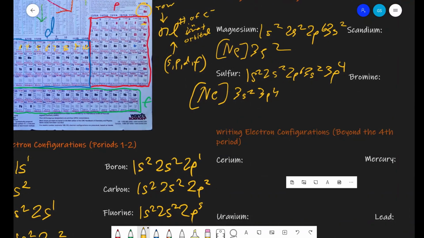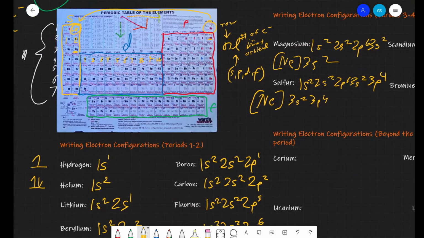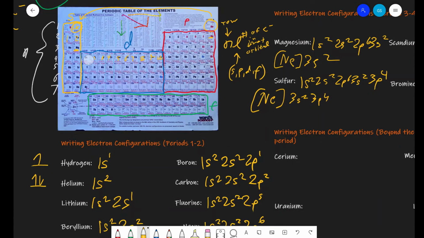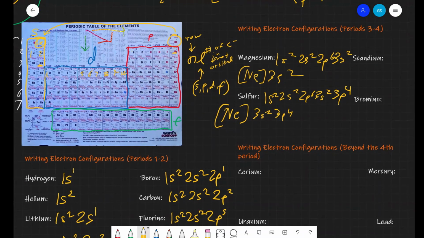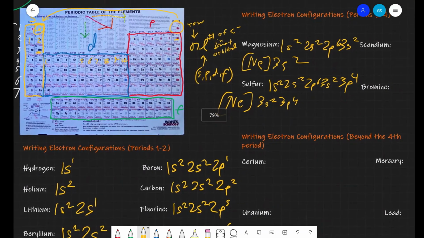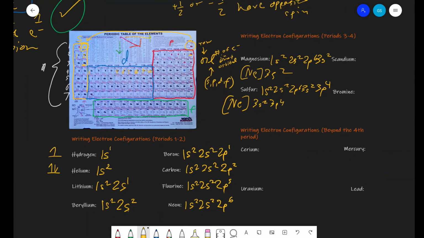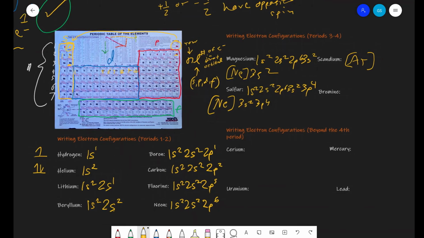Let's move on to another. Let's say we did scandium. So scandium is right here. So pause the video and see if you can figure it out. For scandium, I think I will just keep it abbreviated, just for the sake of this video. Scandium's in the fourth period. Before scandium is argon, so we'd write argon in brackets, and then we'd write